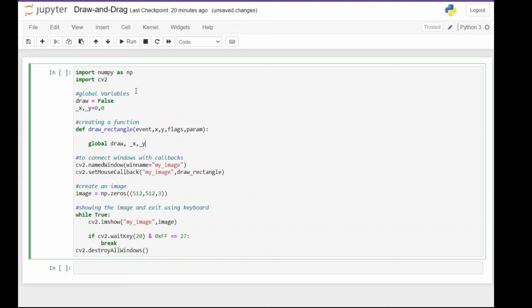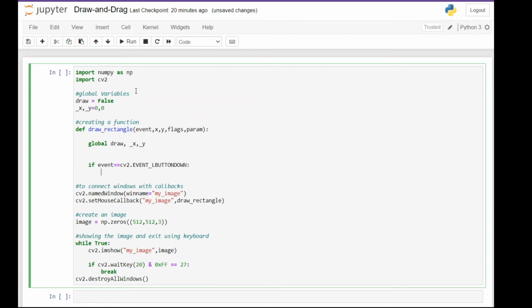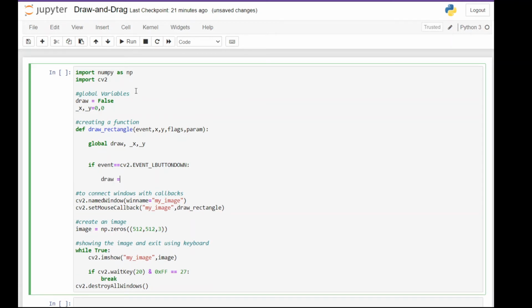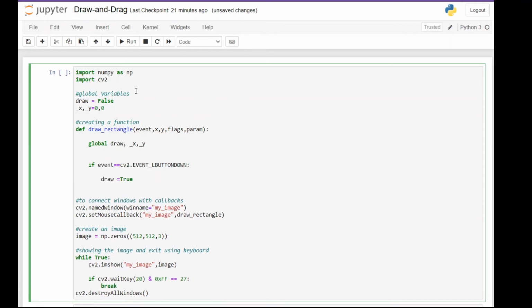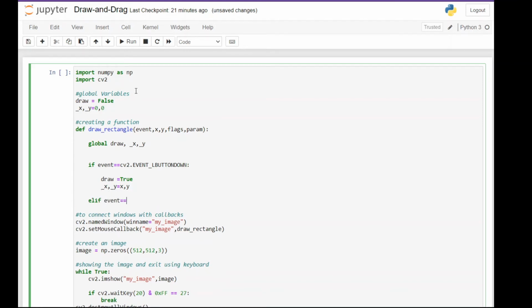Next we handle the events. So if event equals cv2.EVENT_LBUTTONDOWN, that is, if the user presses the left button of the mouse on the window, we want it to do something, and what is it? It sets the draw variable equal to True and we pass the coordinates of x and y to _x and _y. Then we create another event, elif event equals cv2.EVENT_MOUSEMOVE, and